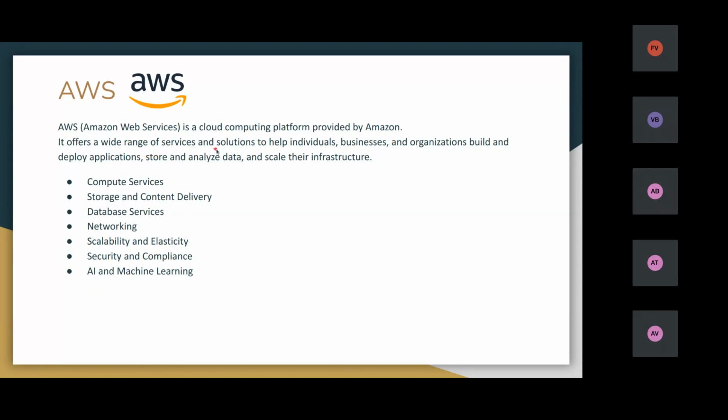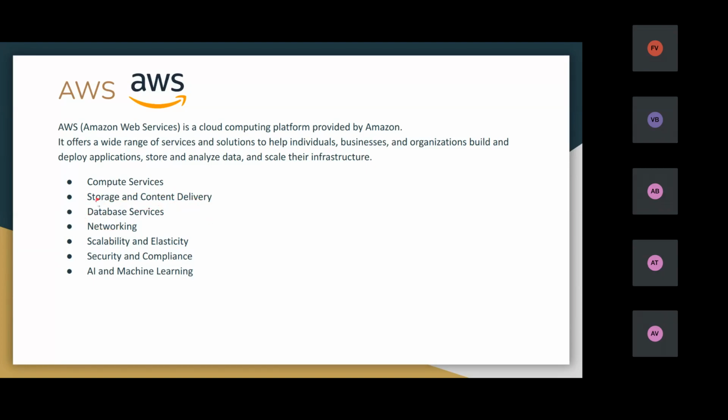Then AWS. AWS is a cloud computing service. It has around 200 plus services. Some of the services are compute services, like I mentioned, EC2 for virtual machines. Then storage and content delivery, with services like S3.